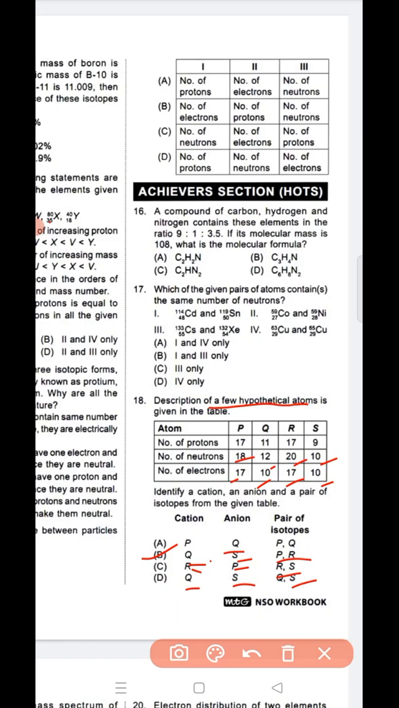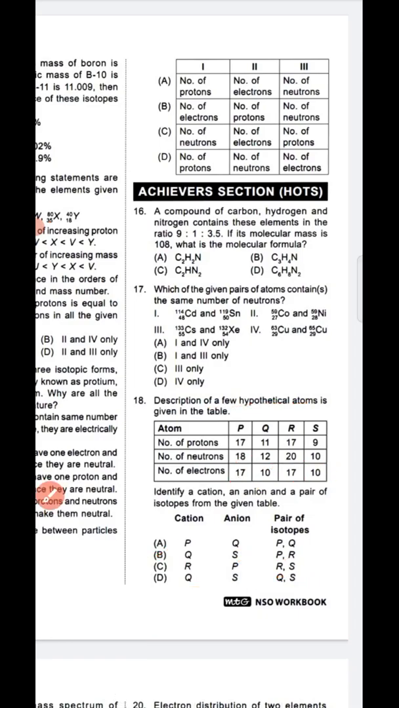S has 20 neutrons, and it can withdraw an electron. So P and R are the pair of isotopes, they have the same number of protons, 17 and 17. S has 9 protons and 10 electrons, so that means it is taking one more electron. So cation is Q, anion is S, P and R are the isotopes. So next we will see